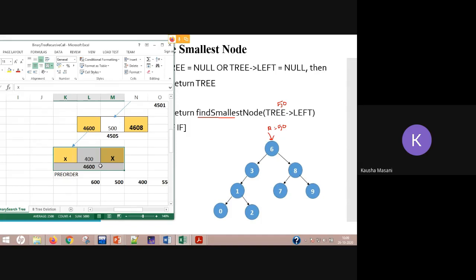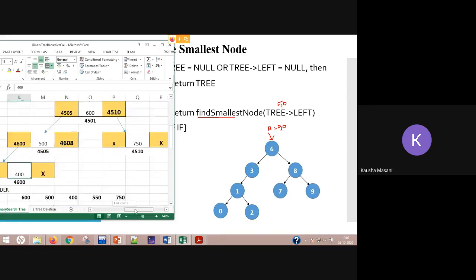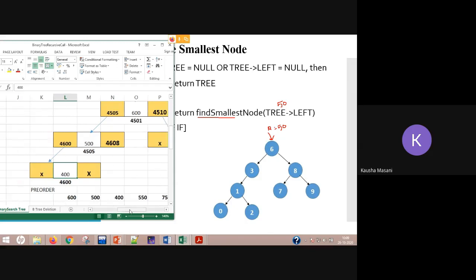Now what is our aim? We want to find the smallest node. So obviously we are going to print the data part, because I'm returning this whole memory address by the pointer. And obviously we have reached the smallest node. Fine. Because we know that in our BST, the smallest node will be the leftmost with no children. So 400 will be returned. Did you get it?